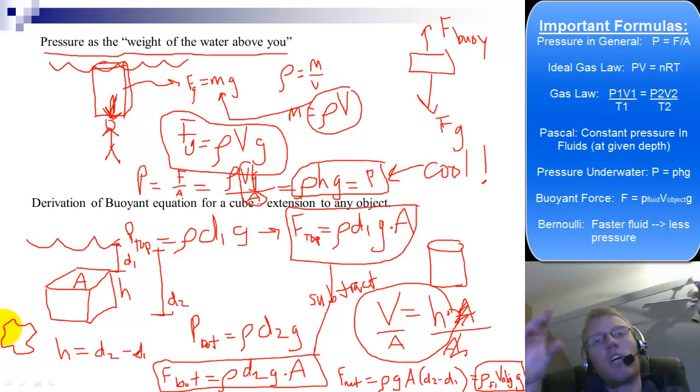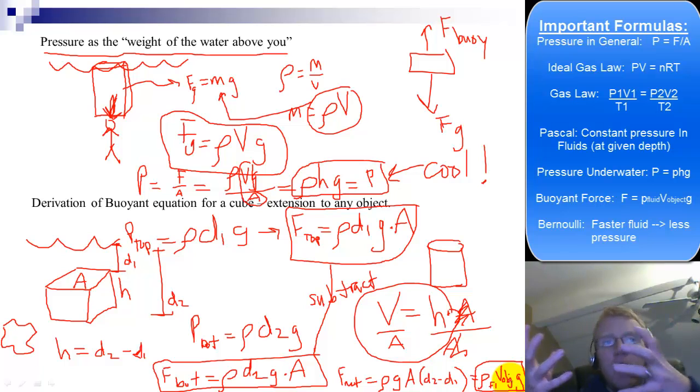If you zoom in far enough, this object will start to become pixelated. And you could think of it as made up of millions and billions of tiny little cubes. Each one of those cubes obeys what we just said. The force on each one of those cubes is going to be given by this. And if you add up all of those little cubes, it'll give you the overall net object,